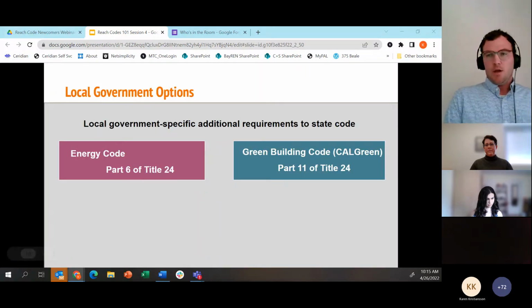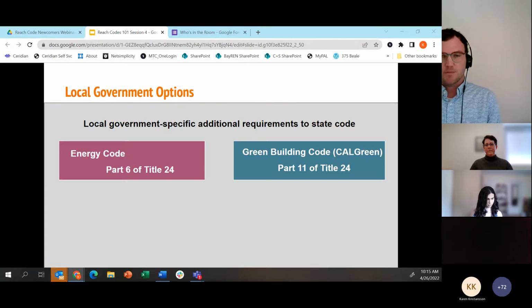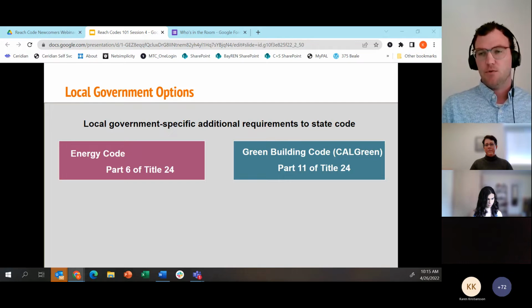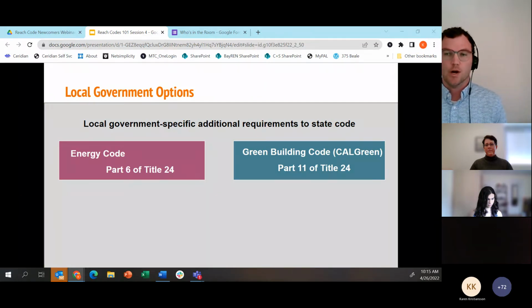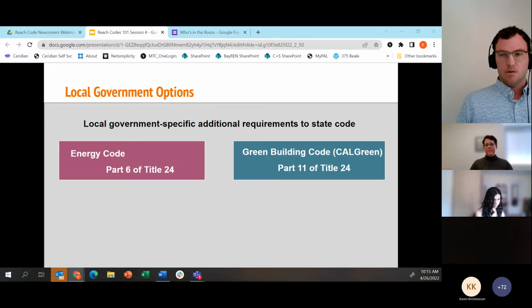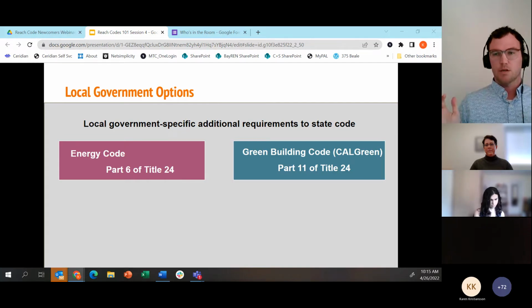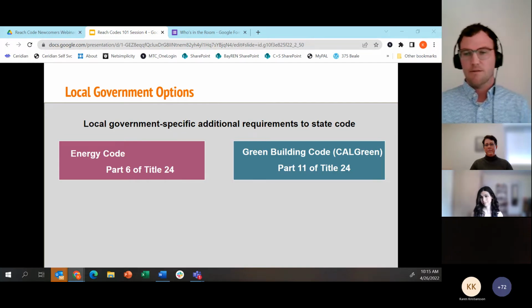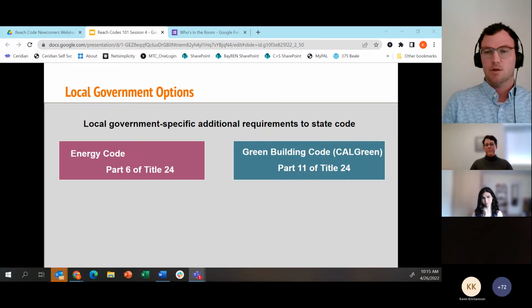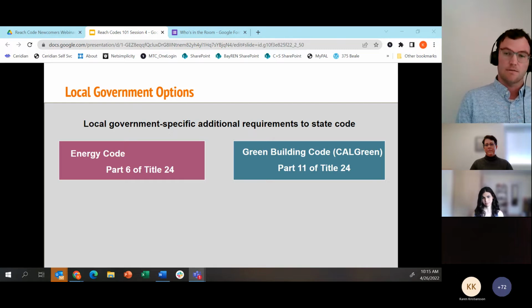Great. So, as we've discussed in previous webinars, and as Karen mentioned, local governments in California have the authority to set requirements in addition to the requirements of the state's building codes. And so I'm going to kick us off. When we talk about the overall building code, for the purposes of our conversation today, we're referring to the 2 sections of the state building code that can serve as the basis for reach codes.